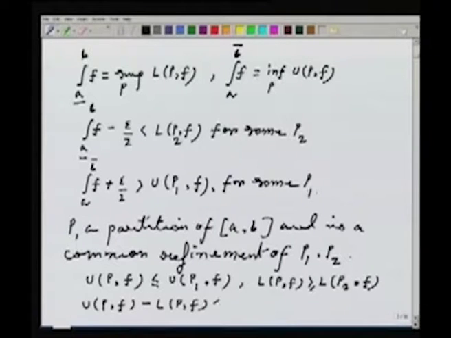This then is certainly less than or equals to U(P1,f) minus L(P2,f). Okay. Now, from the previous relation, I know that U(P,f) minus L(P,f) is less than or equals to U(P1,f) minus L(P2,f),